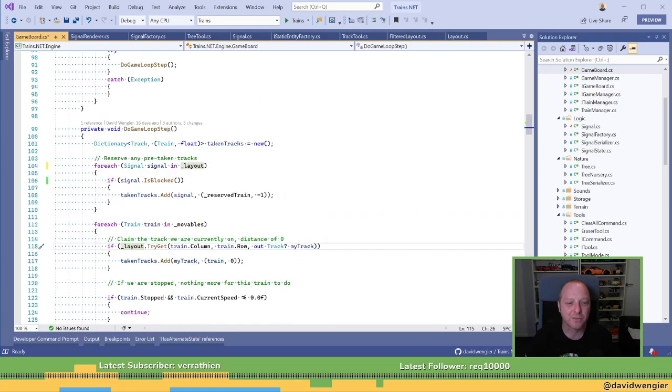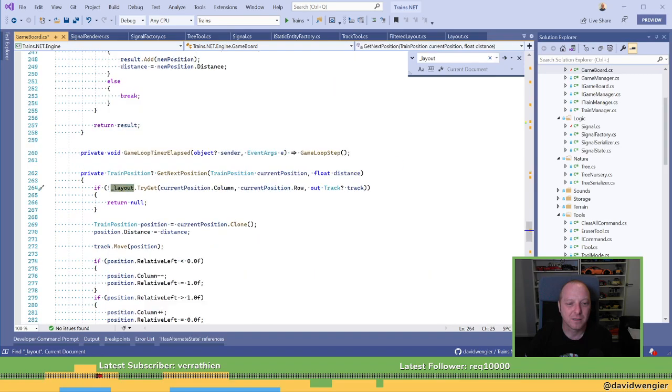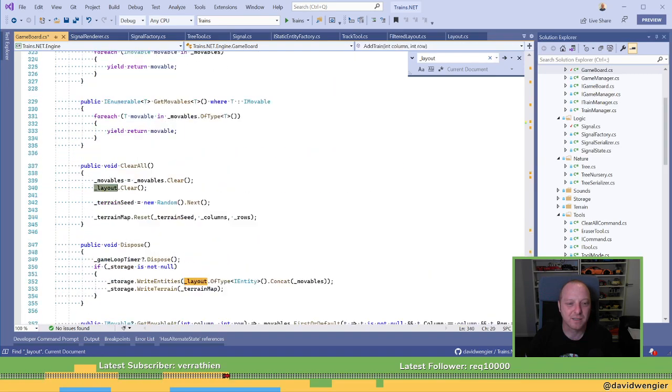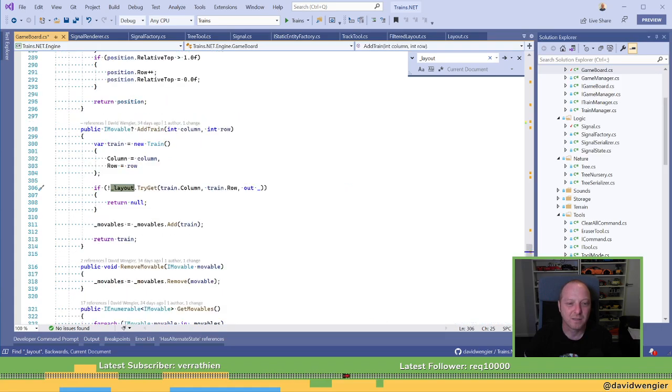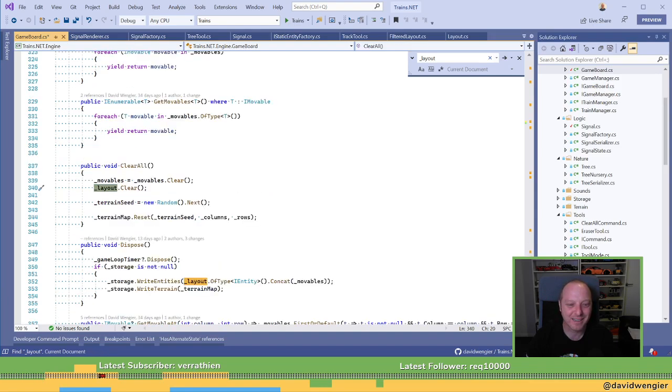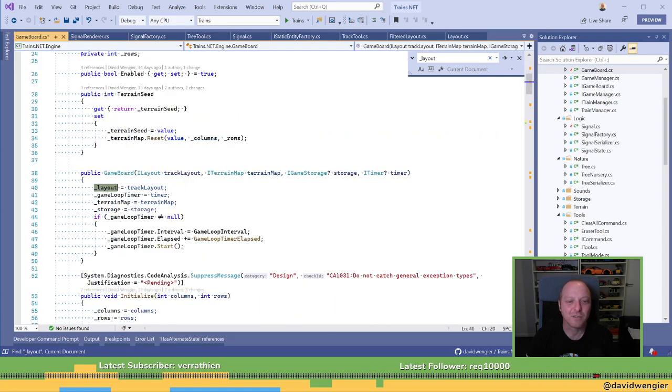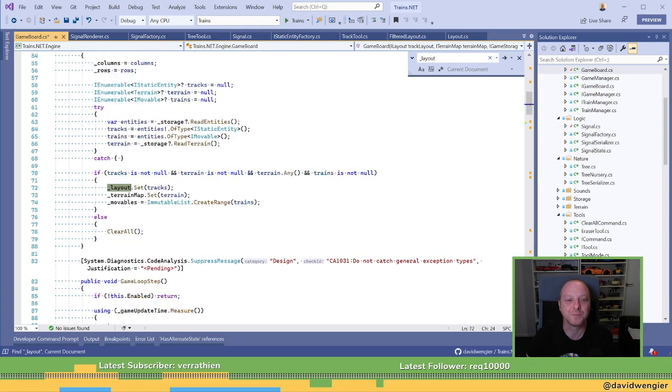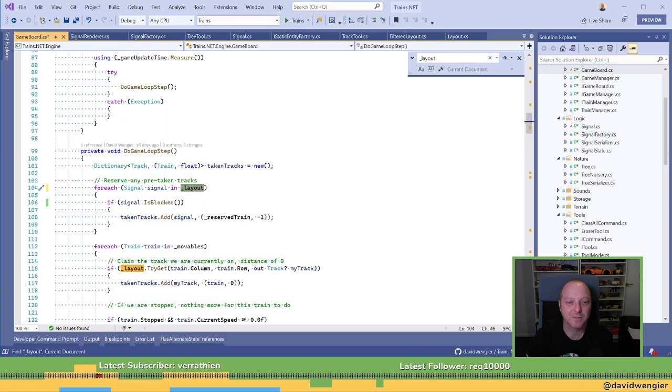Why does this not use a layout of tracks? Why is this? Because this is checking trees. What is this? Well, you can't put a train. Does this mean you can put a train on a tree? Why is this not using a layout of tracks? Oh, layout stores. Oh, that's right. So it is just for storage. Right, okay. So this stores the trees as well. That's fair, but annoying. It's not that annoying.